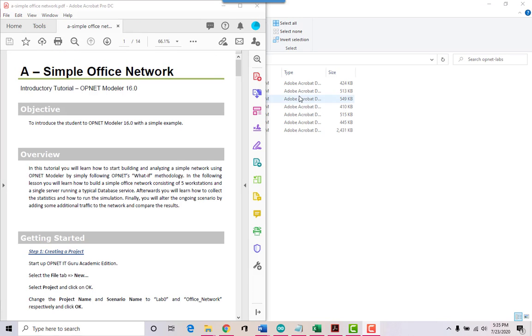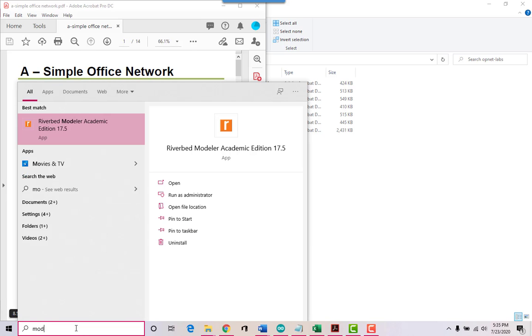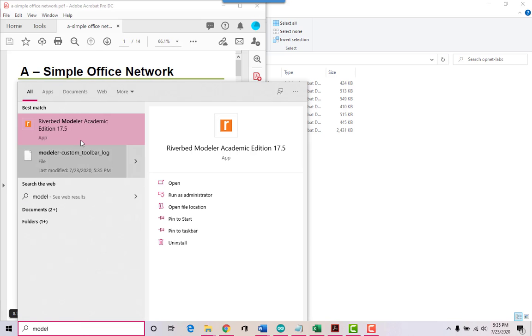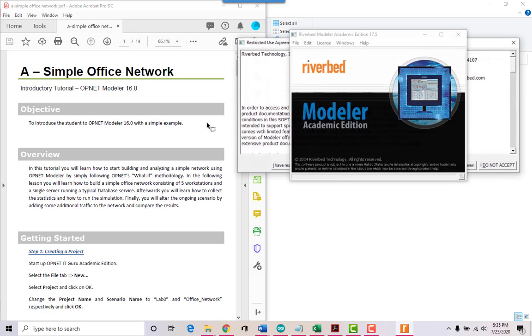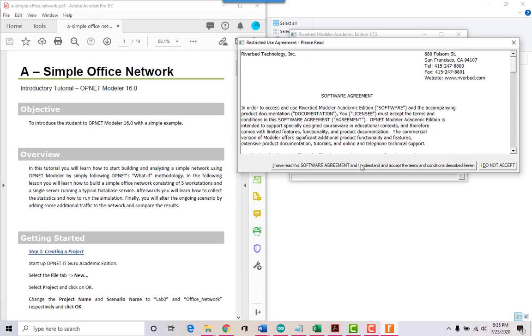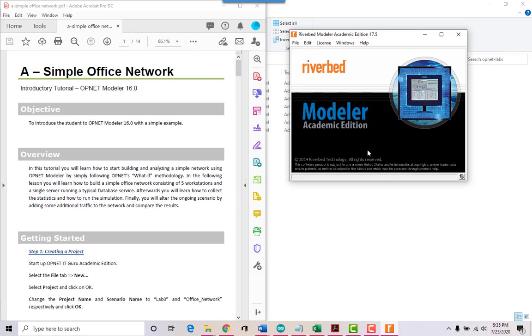So on the first part, this will be part A of the project. We can open the instructions as you see here. I put them on the side, and I like to look for that modeler program, the Riverbed Modeler. It just says you agree to this, you say yes, and just follow the instructions.